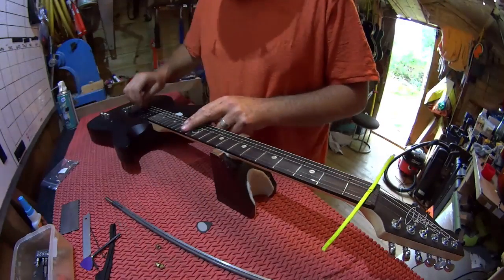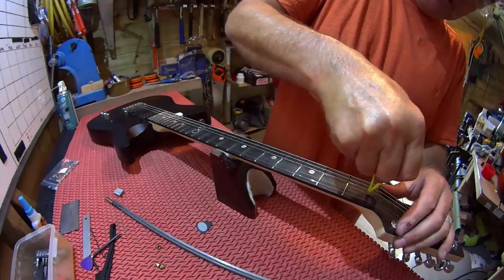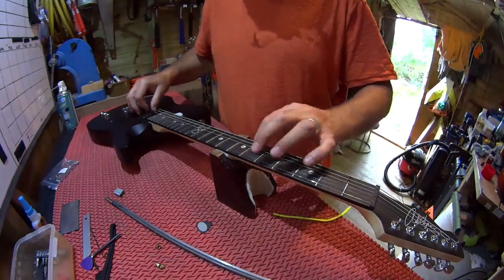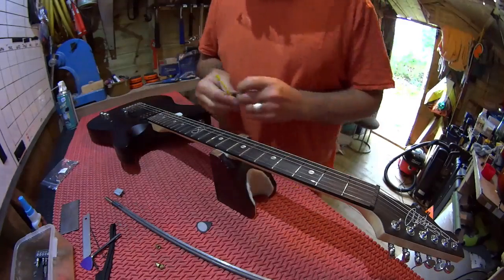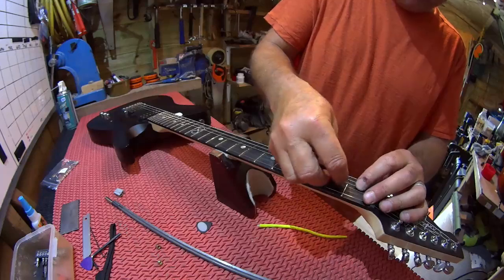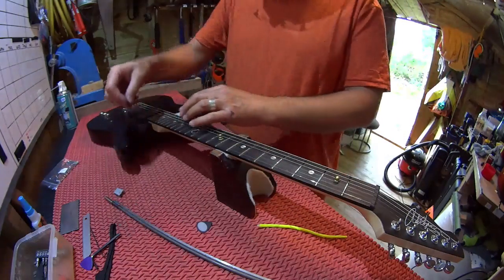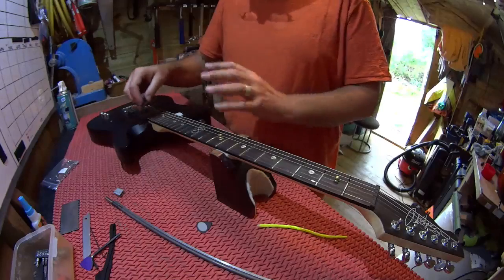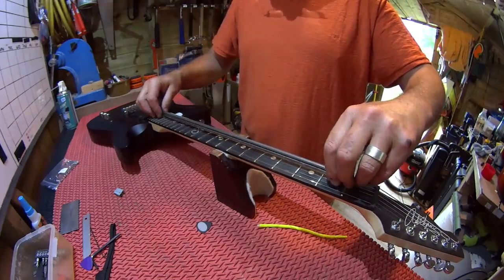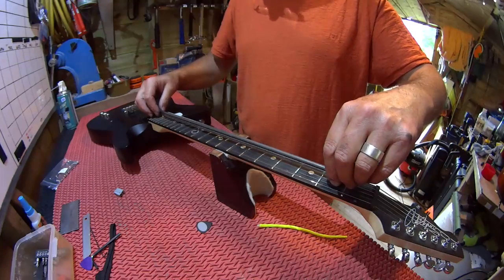I don't want to go too far, so I'm going to compromise. Oh yes, I'm with a simple system now. Yes! Right, we know it plays because it was almost perfect before. But I'm going to stop there, and I'm going to let the sanding process take out the remainder of any grooves. And after that point, if there are still some in there, we're going to choose to live with it, because